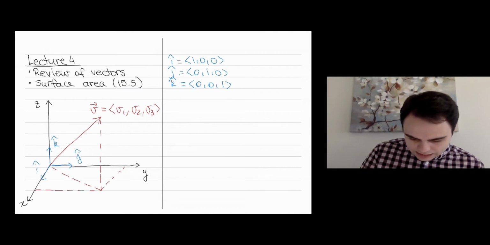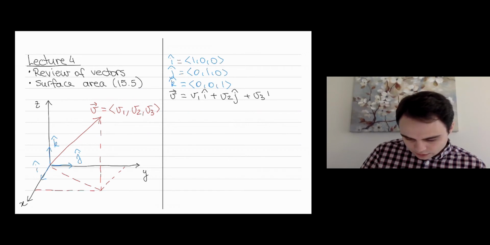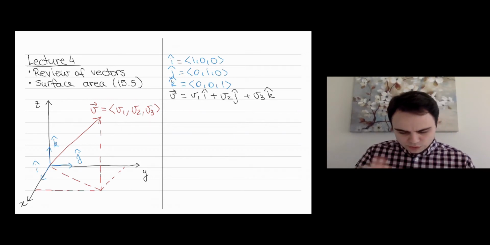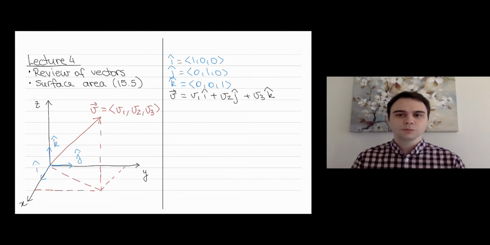And you can see that v, the vector that I wrote there, is equal to v1 times i plus v2 times j plus v3 times k, right? v1 times 1, 0, 0 plus v2 times 0, 1, 0 plus v3 times 0, 0, 1 equals